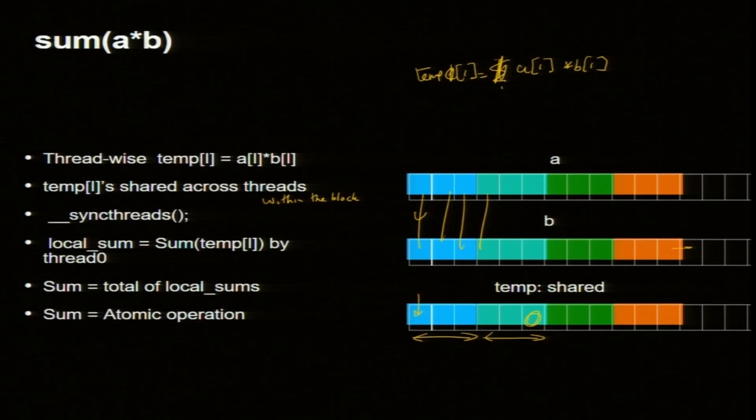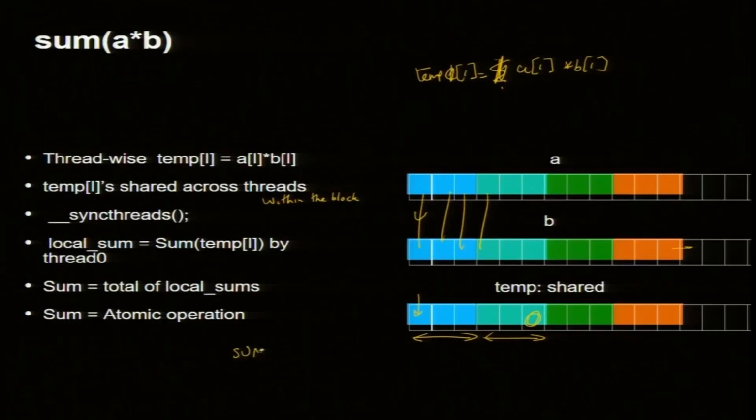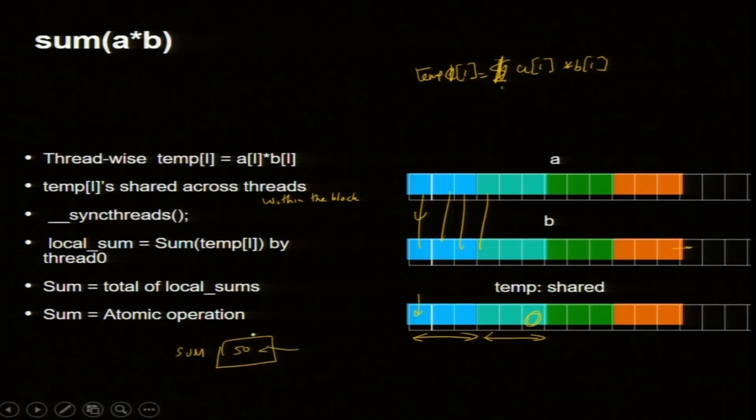Why should sum be an atomic operation? You all know what an atomic operation is. We did that for OpenMP. In shared memory, this is my sum variable. The name of the variable is sum. So it is 50. Then somebody comes and updates it to 75. But imagine that two of these blocks are trying to update simultaneously. It is like a register where two students want to write their signature simultaneously, not possible, one at a time. So an atomic operation is one at a time.